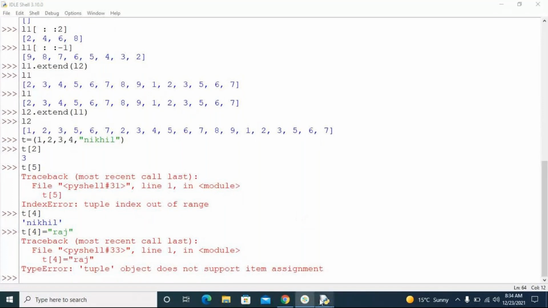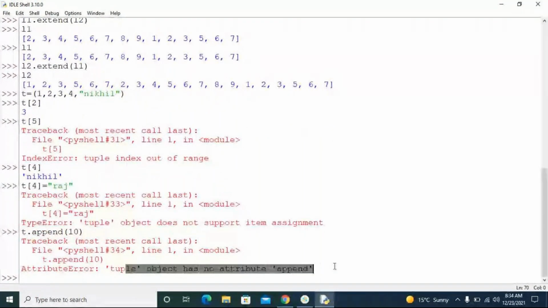So now what happens? If I try using the append method, I'll get an error saying that it is not an attribute for tuple. Tuple doesn't have something called append because append is going to add. So you can only use something like count.